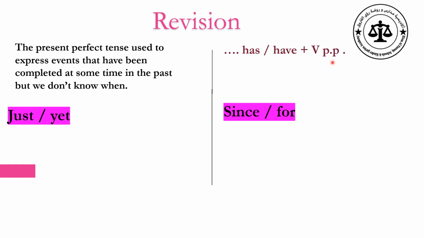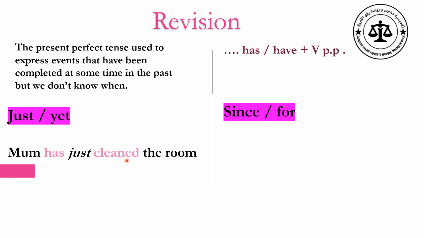Then the verb. Also, we talked about 4 keywords in present perfect. They are just, yet, since, and for. We use just to talk about a short time, and it comes between the helping verb and the main verb. This is an example: Mom has just cleaned the room. Mom is singular, so we use has, and this is the keyword in present perfect. This is just. Just comes between has, the helping verb, and cleaned, a regular verb,